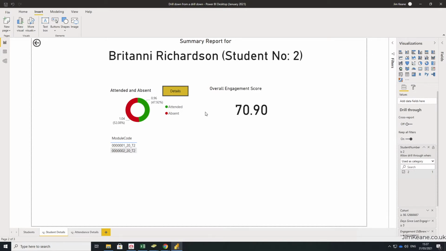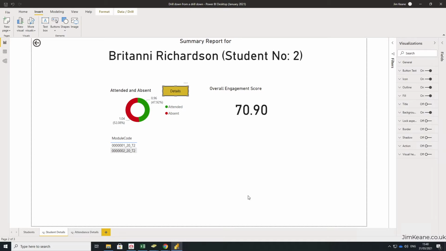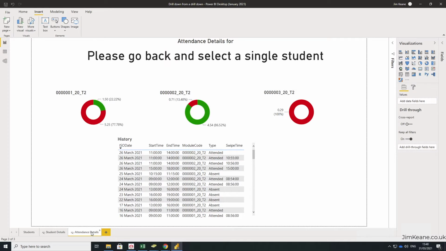Now, the issue is here. We actually show a lot more on the report to other students, but I wanted to be able to go through here and see all of the entries for different attendance events so it doesn't crowd out this screen. And there's no feature in Power BI to go from here to another report. What I wanted was to click on this button here, and then take the same drill through information that's been passed to this report page onto this report page. And Power BI just doesn't do it.